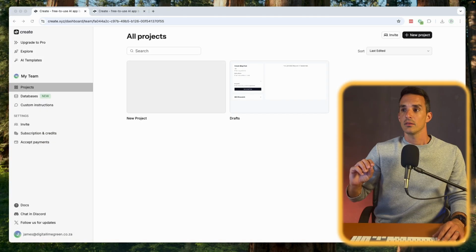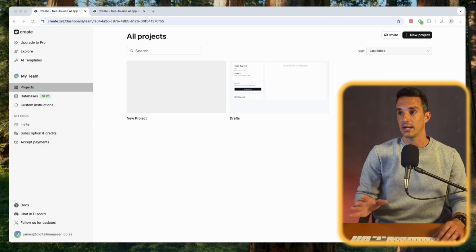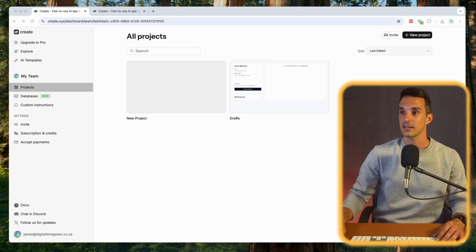Now, I've used a lot of these AI tools before, Windsurf, Bolt, Cursor, Tempo. There's so many of them. I've used so many of them, and right off the bat, it pretty much looks like everything else that you would use, with the features that you kind of expect to have inside of it. There's a few things that are really nice inside Create, and two things that stood out is they've got this